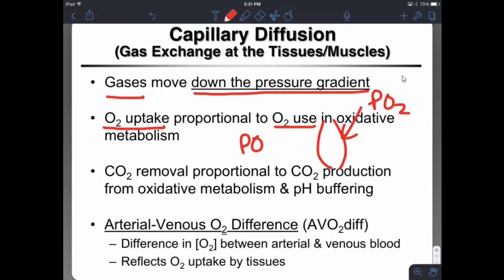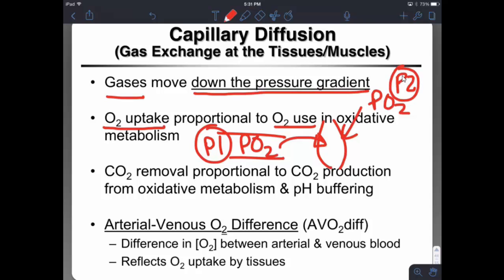So we have a PO2 out here in the capillary, and the PO2 in the capillary is higher than the PO2 in the muscle, and that's why oxygen is moving out of the capillary and into the muscle. During exercise, when you use more oxygen,